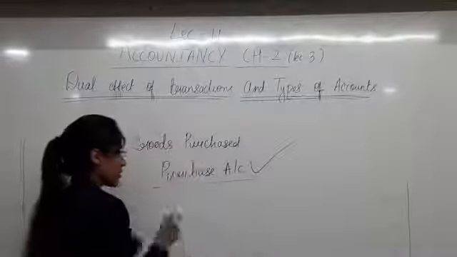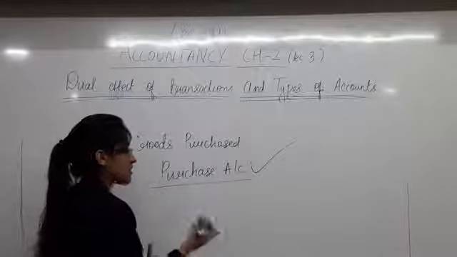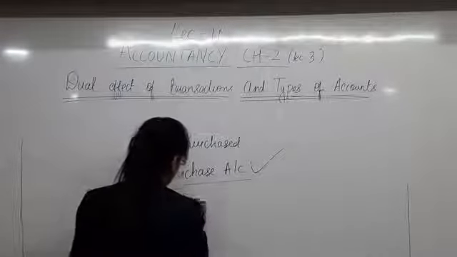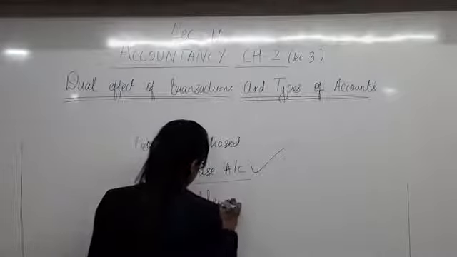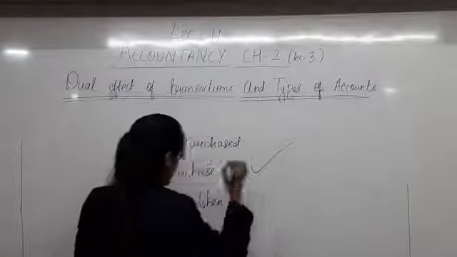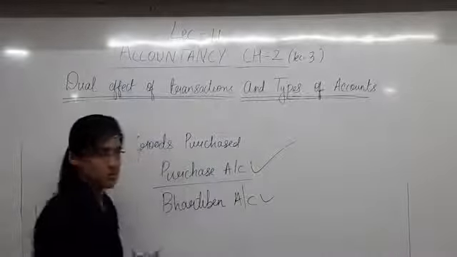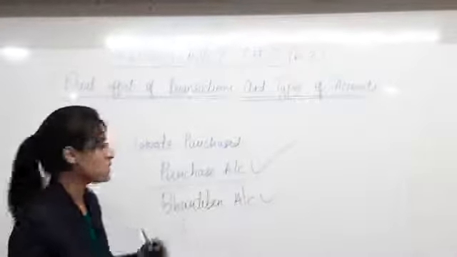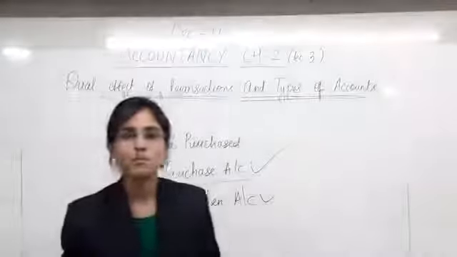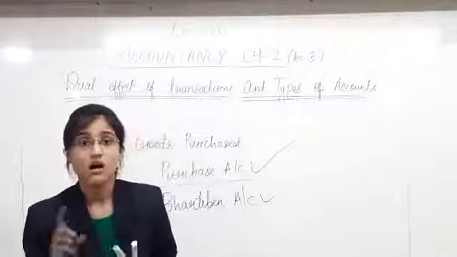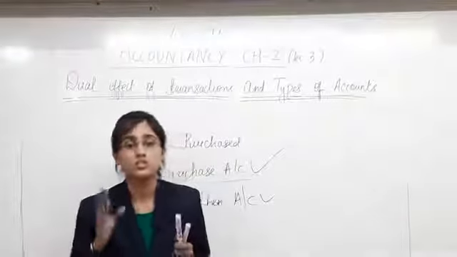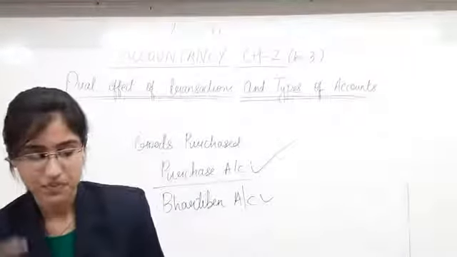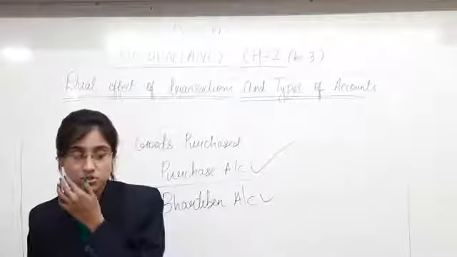First effect. From whom did you purchase? Who are you? You are Manoj. You have purchased from Bharti Ben. So second effect is Bharti Ben's account. Who is Bharti Ben for you? Creditor, because you have purchased goods from Bharti Ben, and this is a credit transaction. Yes? Okay. Then the fourth transaction,